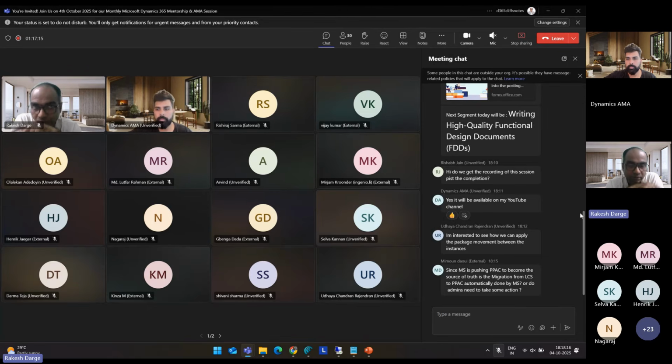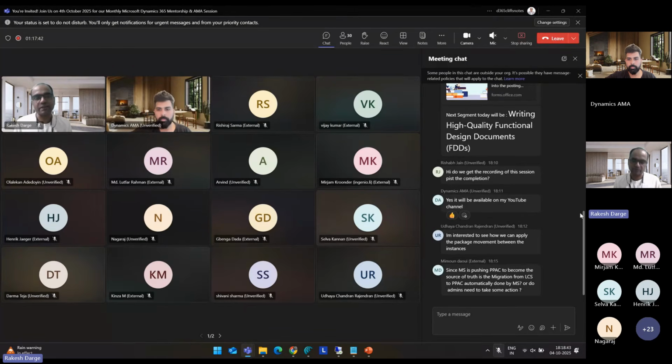When it comes to the migration, while we are talking about this PPAC journey from LCS, it is only applicable, as we speak, for development and test environments. You are in a position where you have run through development and testing, and now you are going for production. That production environment of FNO in PPAC is still in preview state.